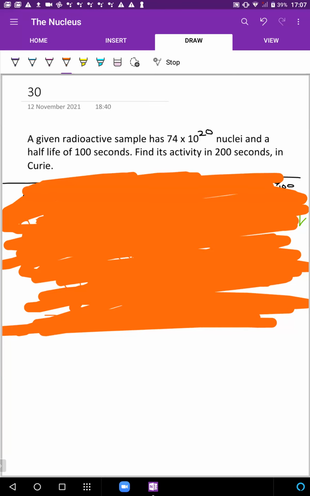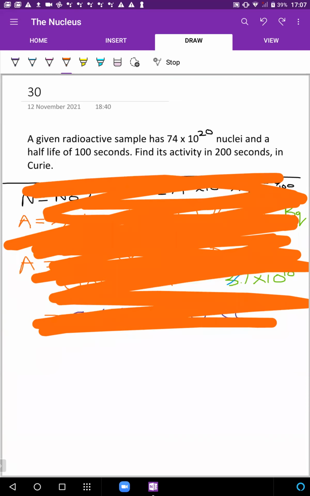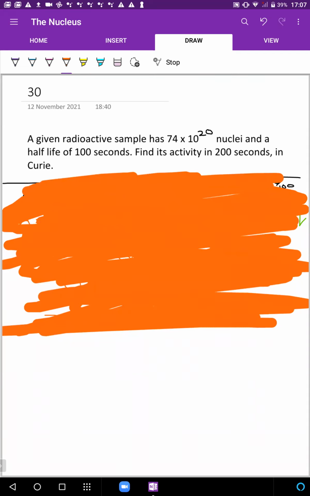Given a radioactive sample has 74 into 10 to the power 20 nuclei and a half-life of 100 seconds. Find its activity in 200 seconds in Curie. Just for your reference, 1 Curie is,